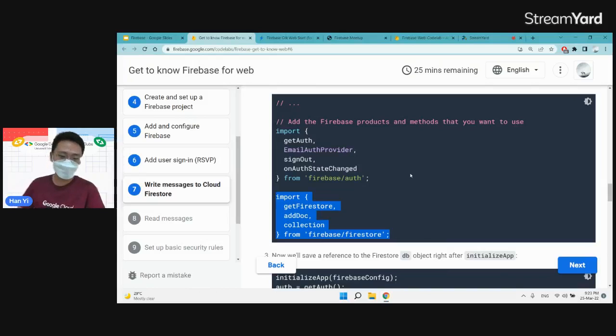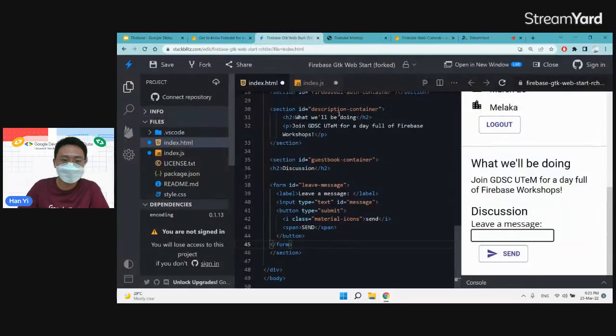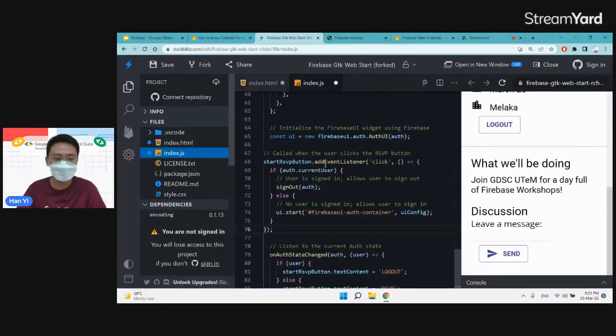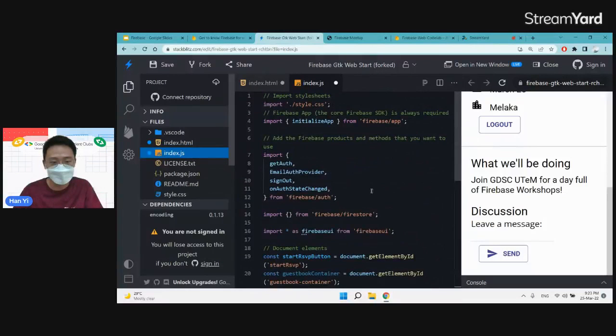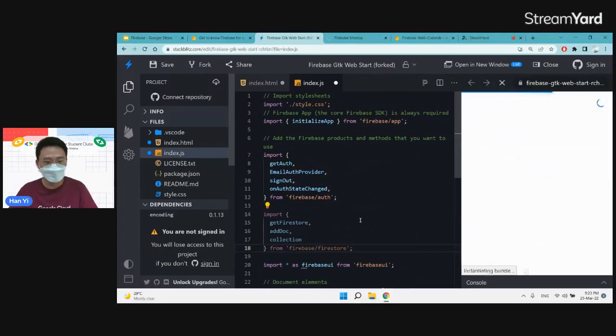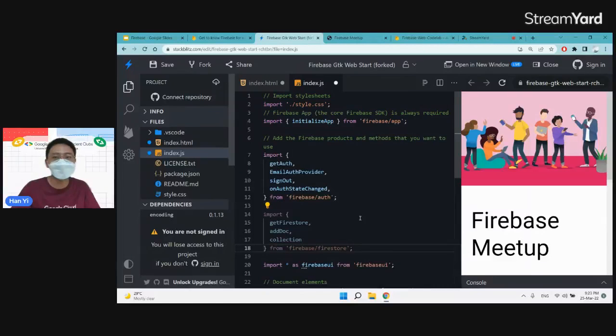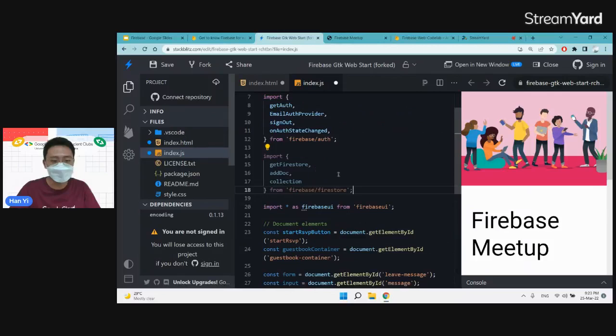Firebase Firestore library with getFirestore, addDoc and the collection object. Now after you copy it, go back to your step list and make sure you choose this index.js, and you scroll up to the top, and you find this Firebase Firestore. This Firebase Firestore is the function that lets you use the Cloud Firestore inside your web app. So after you import this,